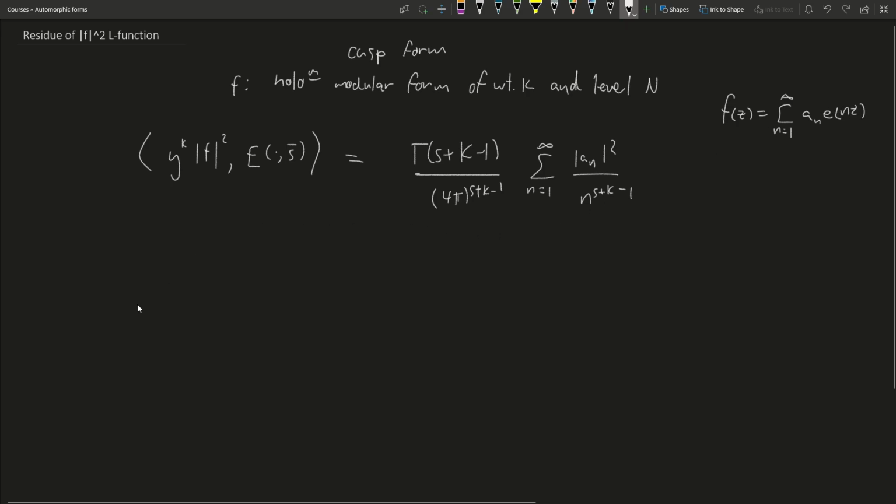Okay. Now, we also saw that the residue at s equals 1 of this Eisenstein series at infinity, E(z, s, chi naught), where chi naught is the trivial character mod n. We saw that this was the one pole in the half plane real part of s at least 1, and the residue that we got was 3 over pi times 1 over n plus 1, and we saw this for n prime,